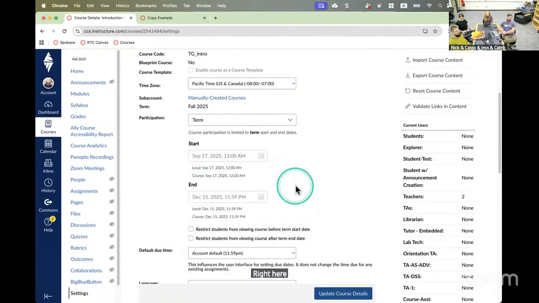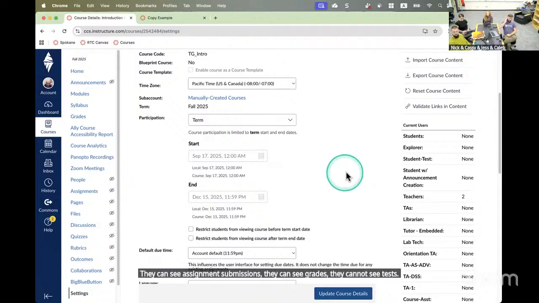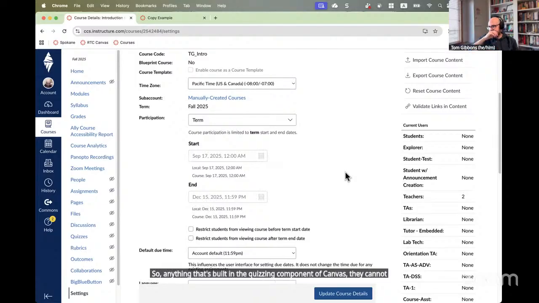Are they able to see their own assignment submissions after? They can see assignment submissions, they can see grades, they cannot see tests. So anything that's built in the quizzing component of Canvas, they cannot see. That's just because people tend to do high stakes and high value assignments as quizzes and tests, which